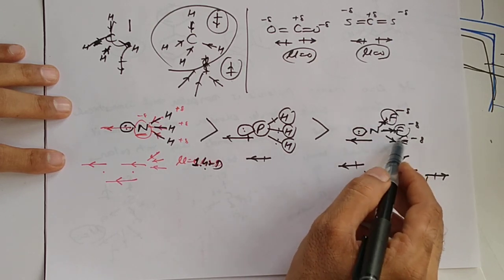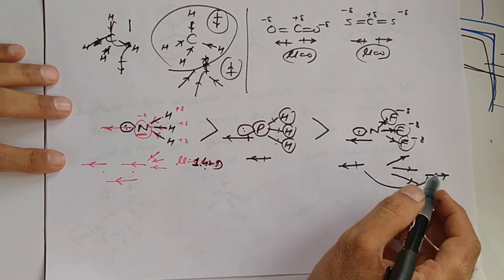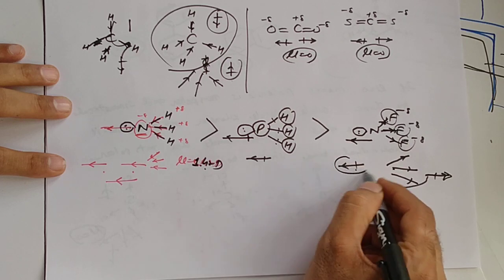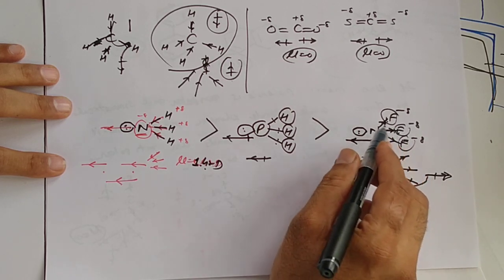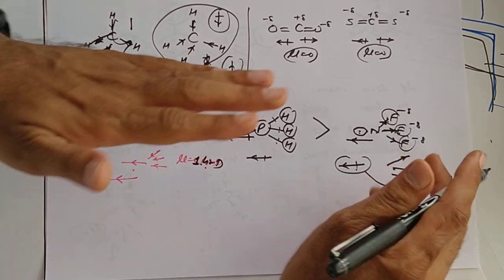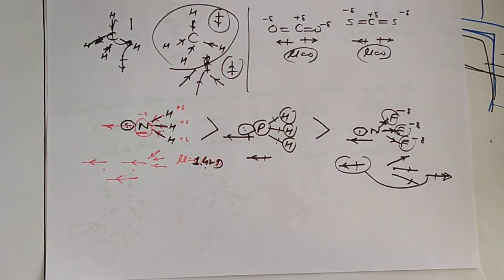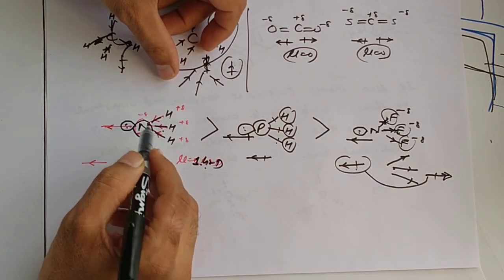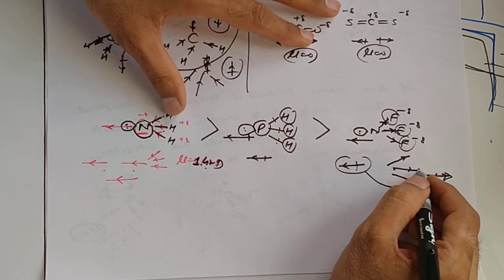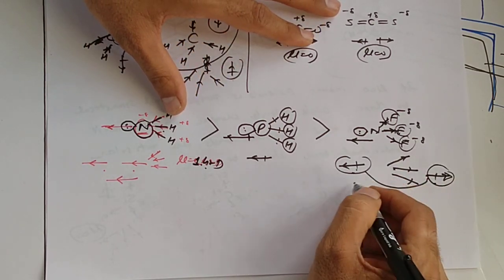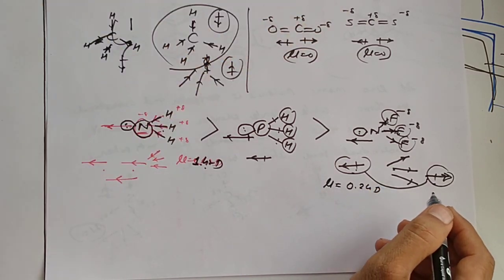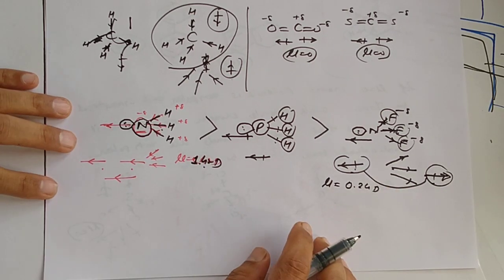The average of all these three is not similar to this. Why? NF here is not centralized, but divides in three different directions. Here they are coming in the same direction. Here it divides in three different directions. So the average is very less, and this will cancel. So after that it will be 0.024, which is very less.